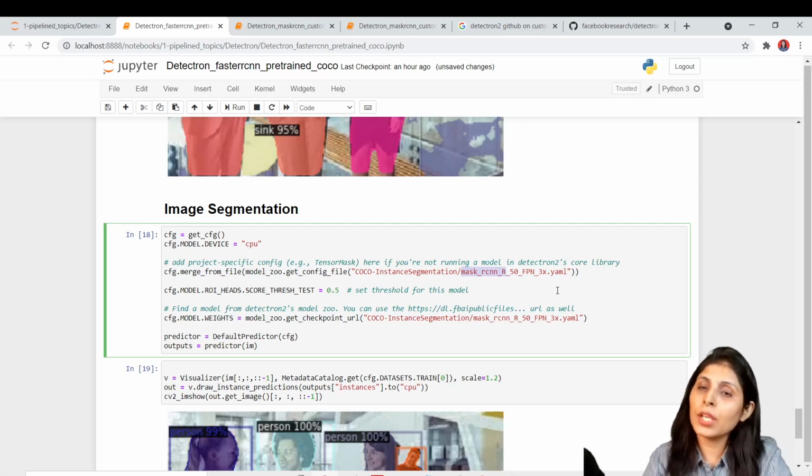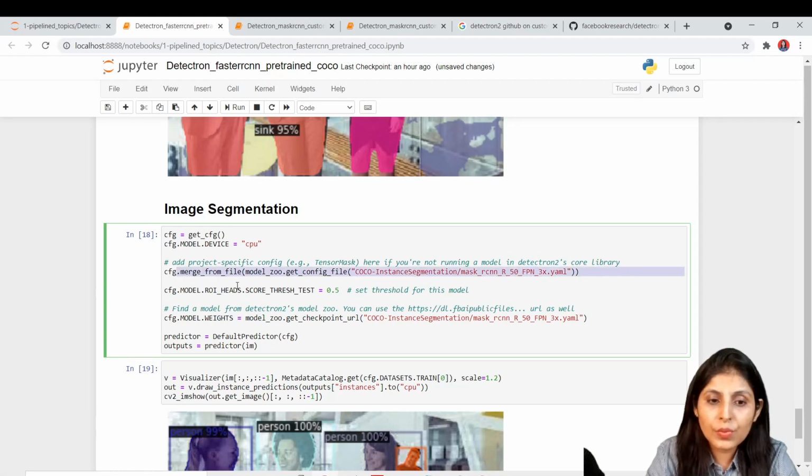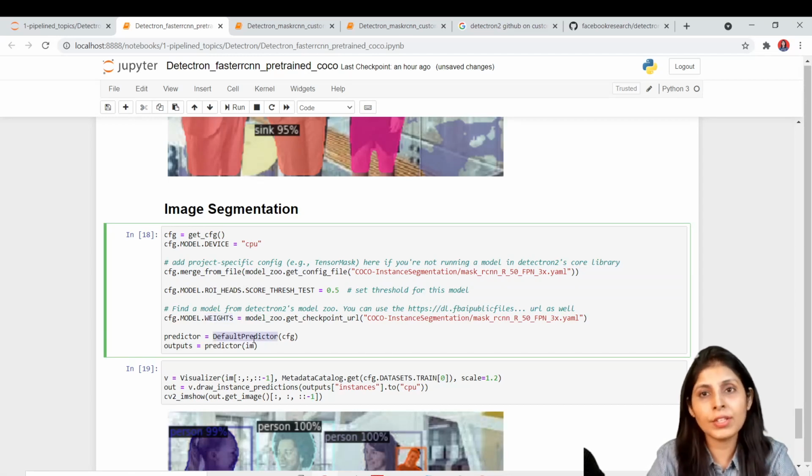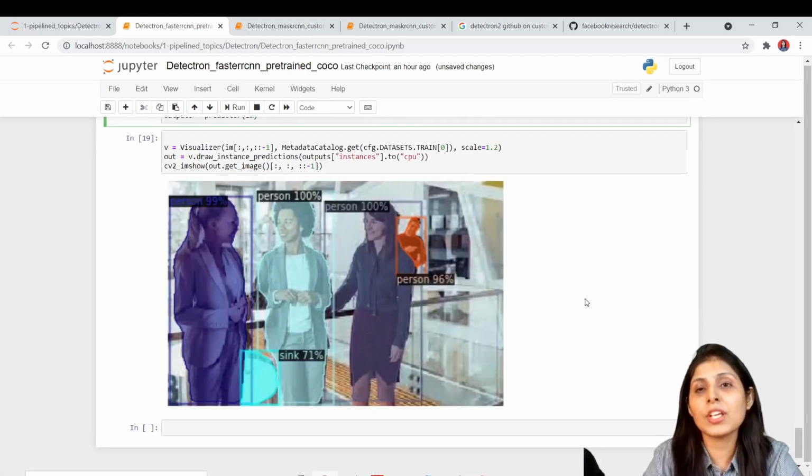In Detectron 2, Facebook has already implemented the code for Mask R-CNN. We are just calling that Mask R-CNN and FPN, feature pyramid network. We choose the threshold, load the model weights, and then call the default predictor. That's it, and you can see our image segmentation results.